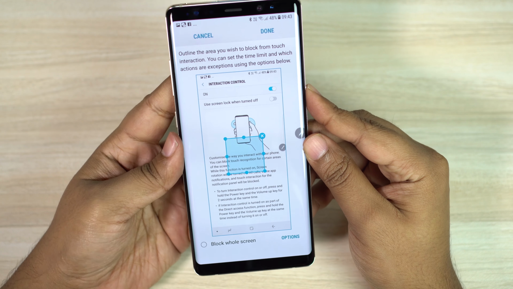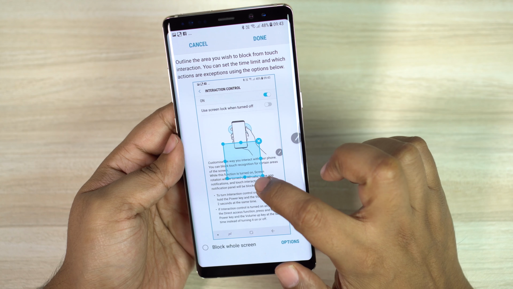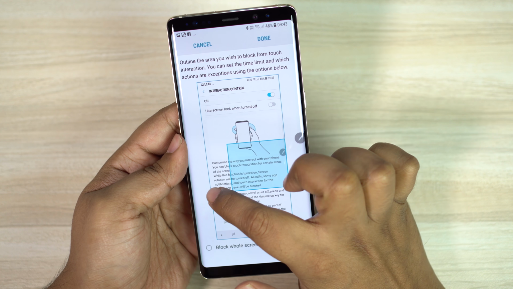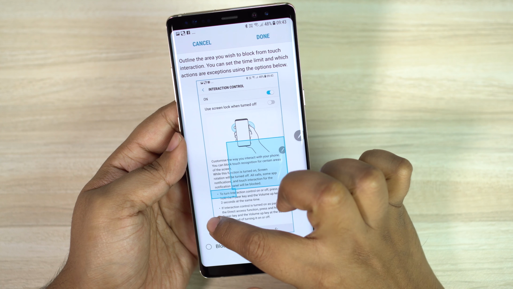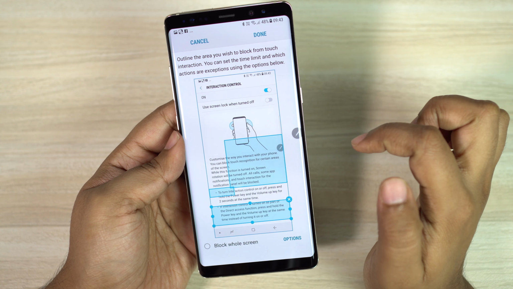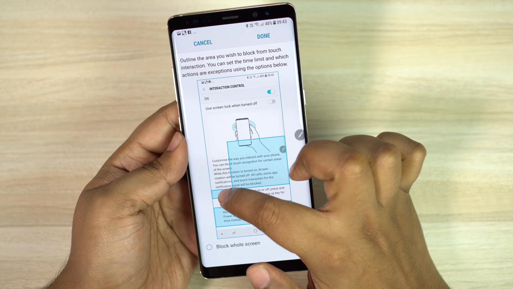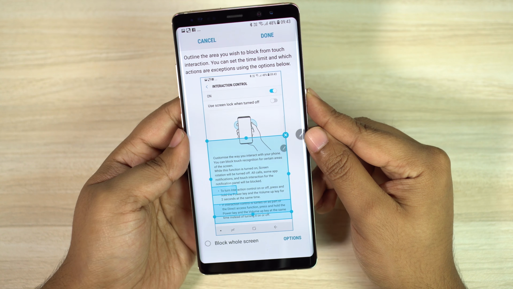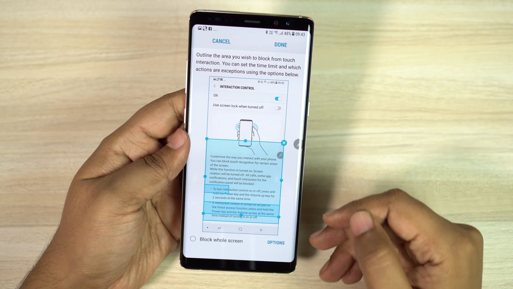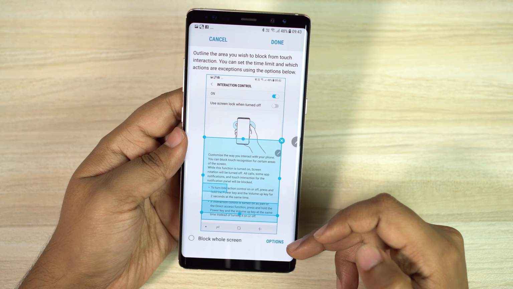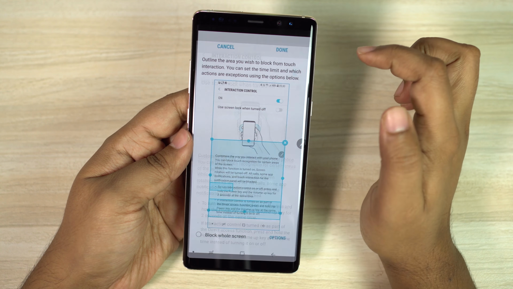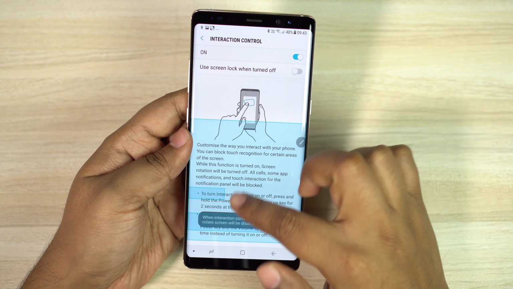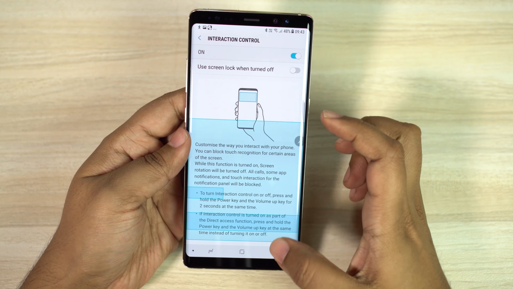Now you can select the area of the display you want to block, that is, in that area screen touch won't work. So this might be helpful when you are gaming to prevent any accidental touch. It's also very useful in movie watching. You can hold the phone as you wish without pausing the video, and you can block the whole screen for that. If you are lending this phone to your friends or to your kids, you can block the screen, and